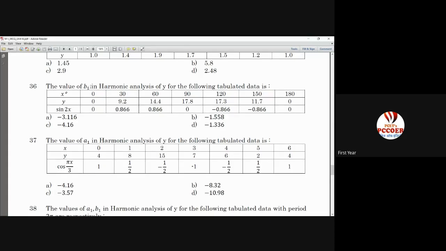This is the half range sine series. This question which they have typed here, this is half range sine series. So 180 means it is the half range, so it is getting repeated and it is giving you the same value as 0. Okay ma'am. That's why it should not be taken.